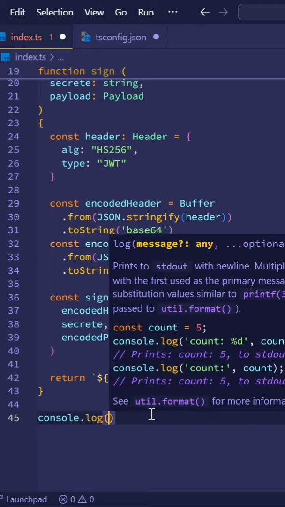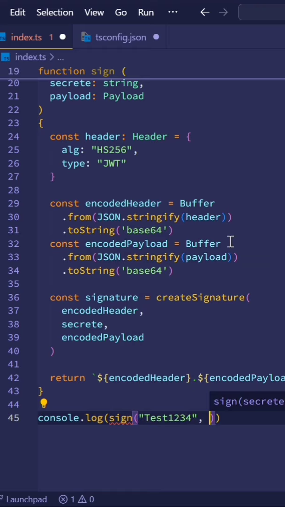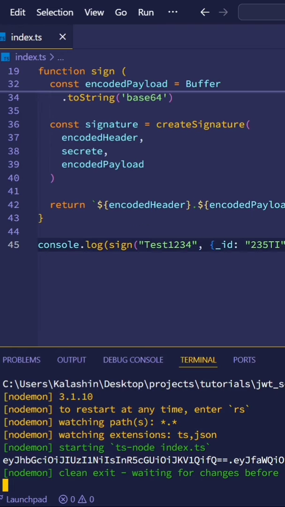I will test this out by calling the sign function with test1234 as the key, and then a random object with an underscore id property as the payload, and console logging the results out to the terminal. I can see that we get back the JWT string. Now, let's see how we can decode